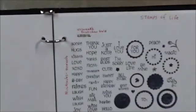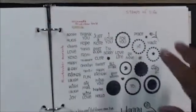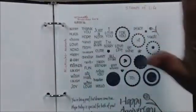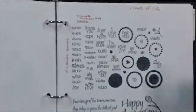This is Stamps of Life. And I just took the whole stamp that they sent. This was the whole stamp. I inked it with black Memento ink, and I just turned it over and stamped it. I put information down about it, but this will tell me when I go to my Stamps of Life, and